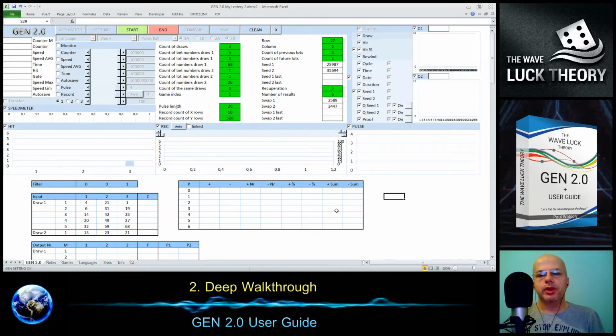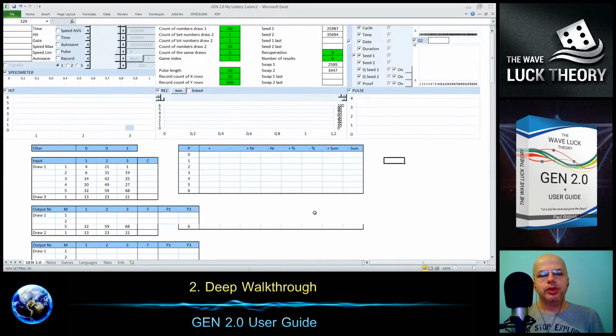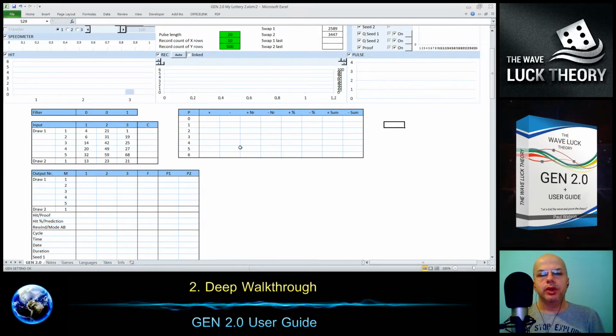And before I start the generation and finish the secondary settings, I will just show what we have here. We have the proof box, which is only printed when this proof function is enabled, and so we decided to do so. So we see it here. If it is disabled, this box will not be here at all. This is an analyzing tool, and you just see the values here, and you don't need to put anything here. It's just to see and to take some observations of your generation.